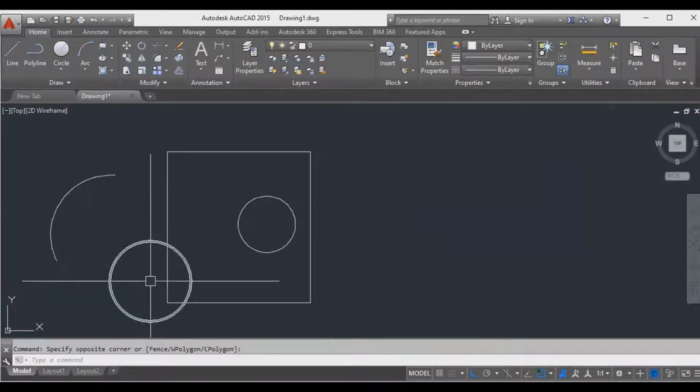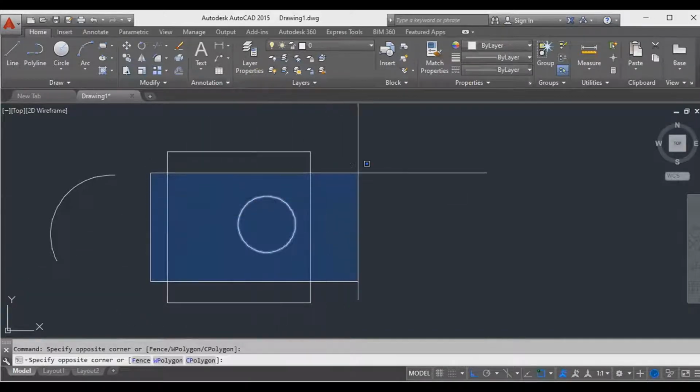See, now I am going to select with open window. Can anyone tell me how many objects are inside that blue color box? See here, only one object is inside the box.